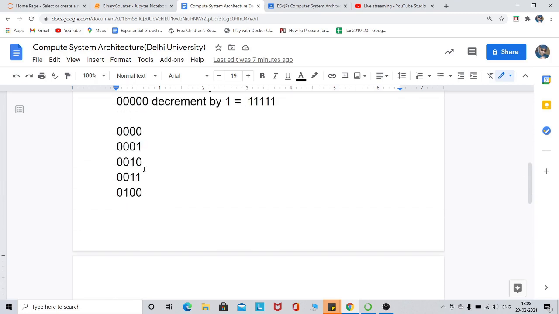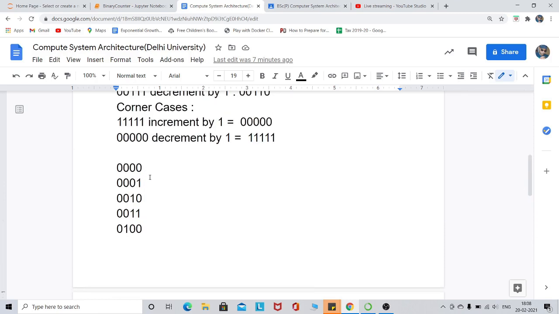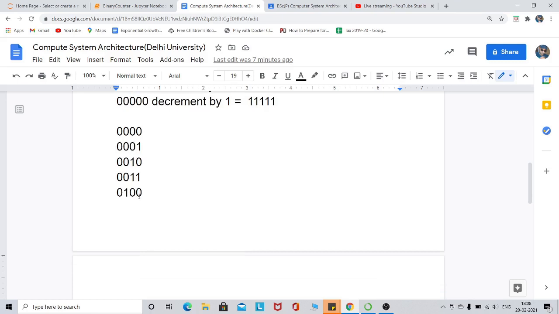And in decrement, the logic is reversed. If I have to decrease 0 1 0 0 by 1, I convert the 0s to 1 until I get a 1. As soon as I get the 1, I convert that to 0 and exit.